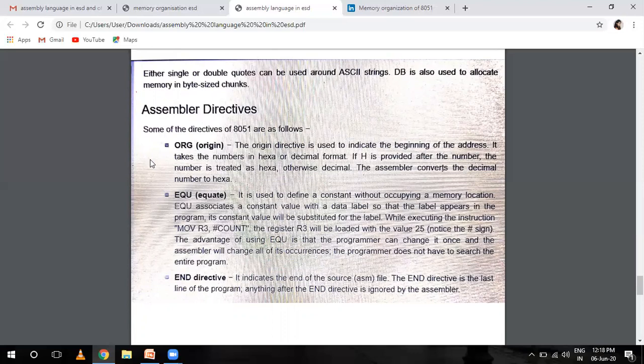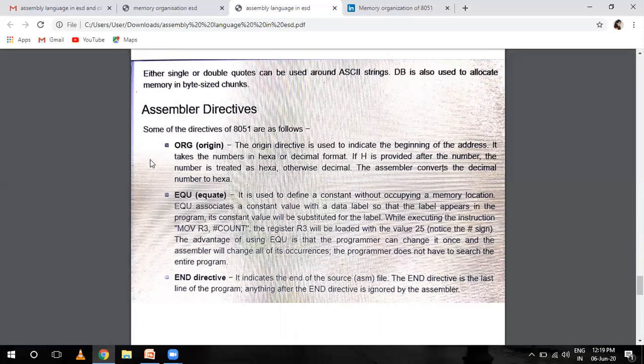Equate is used to define a constant without occupying a memory location. EQU associates a constant value with a data label. So when the label appears in the program, its constant value will be substituted for the label. While executing the instruction MOV R3, COUNT, the register R3 will be loaded with the value 25.